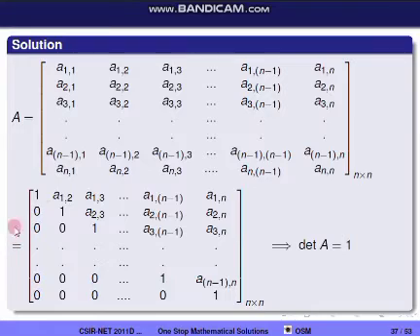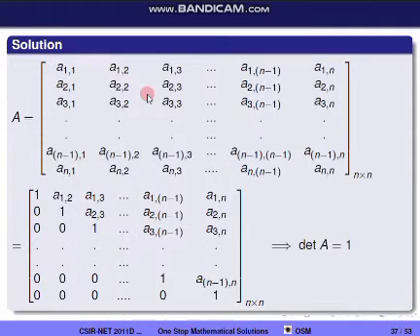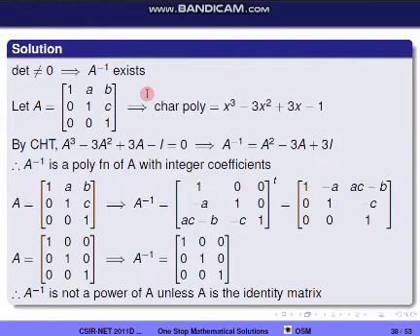So this is an upper triangular matrix, and we know that for an upper triangular matrix, the diagonal elements are the eigenvalues. Here the diagonal elements are 1, so the eigenvalue is 1, and we know the determinant is the product of eigenvalues. So that is equal to 1. So we got determinant equal to 1, that is determinant is not equal to 0, so A inverse exists. Now I want the characteristic polynomial of this matrix, so I am reducing its order, that is for a 3 by 3 I am finding it, and it is generalized for n by n.